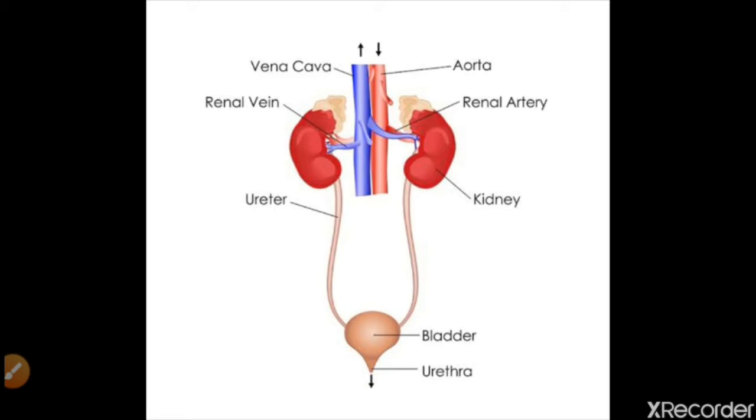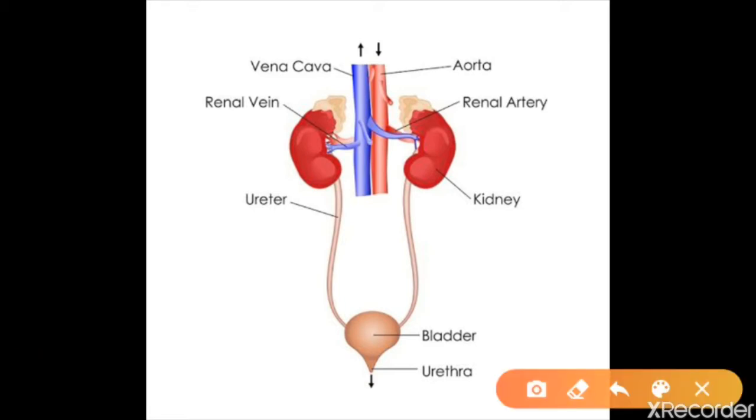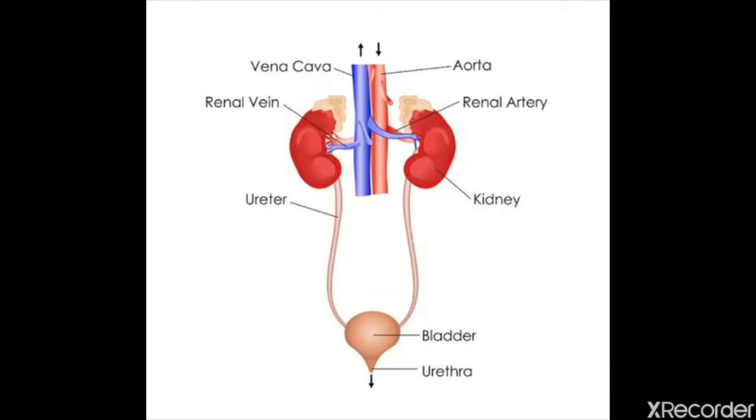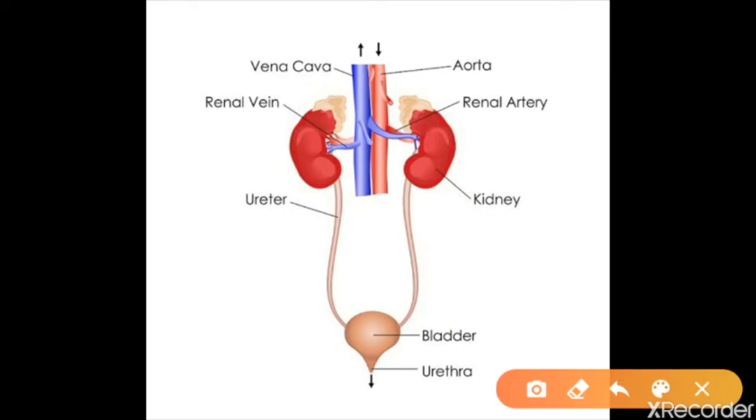So here the human excretory system has all these things. First, a pair of kidneys, second, a pair of ureters, third, one bladder, and one urethra. So let's see: kidney, ureter, bladder and urethra. Here from the aorta, the artery, the blood enters,